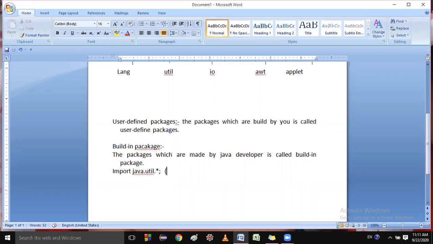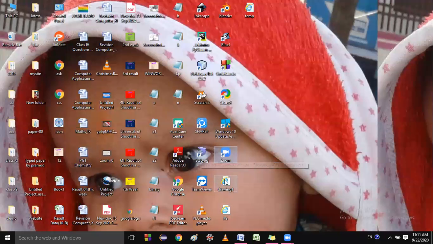This is importing everything of the util package. This is the way. Is it clear to everyone? import java.util.*; with the terminator. And where will you write this? In the starting. Let me show you where you will write.